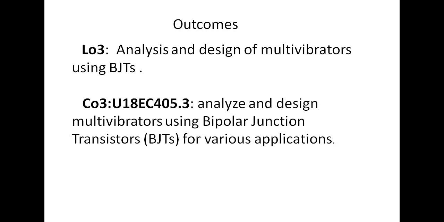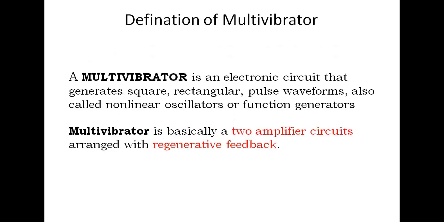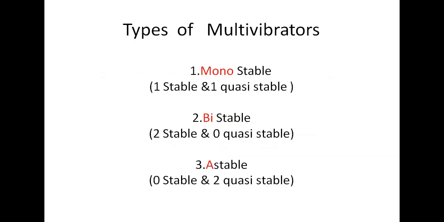In particular, bistable multivibrator can be used as a flip-flop, and astable multivibrator used as a clock generator. We're going to see at the end of the discussion what applications multivibrators take. And coming to the definition of the multivibrators, multivibrator is an electronic circuit which generates a square wave or rectangular wave and employs regenerative feedback. Regenerative feedback means positive feedback, which gives us A beta equals 1 and a phase difference of 360 or 0 degrees.